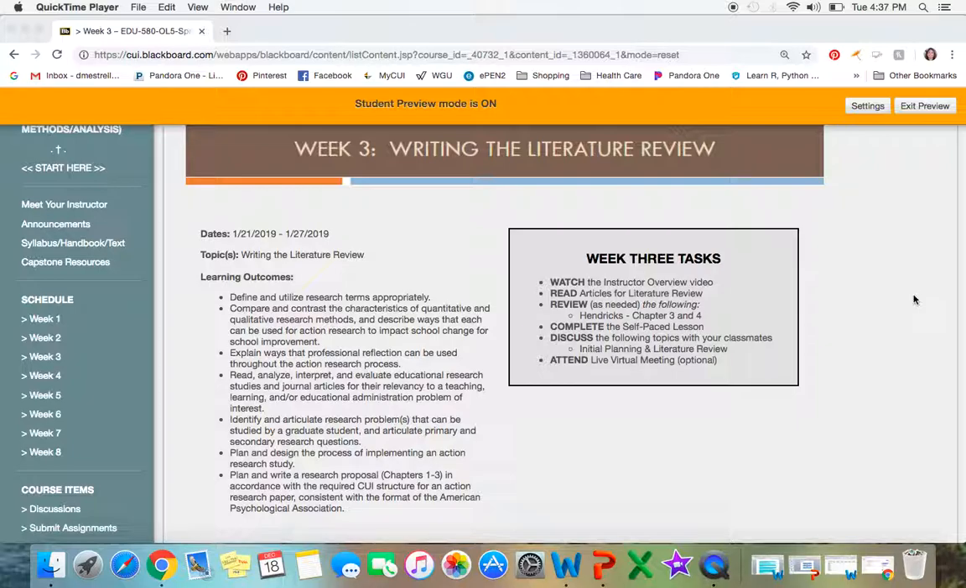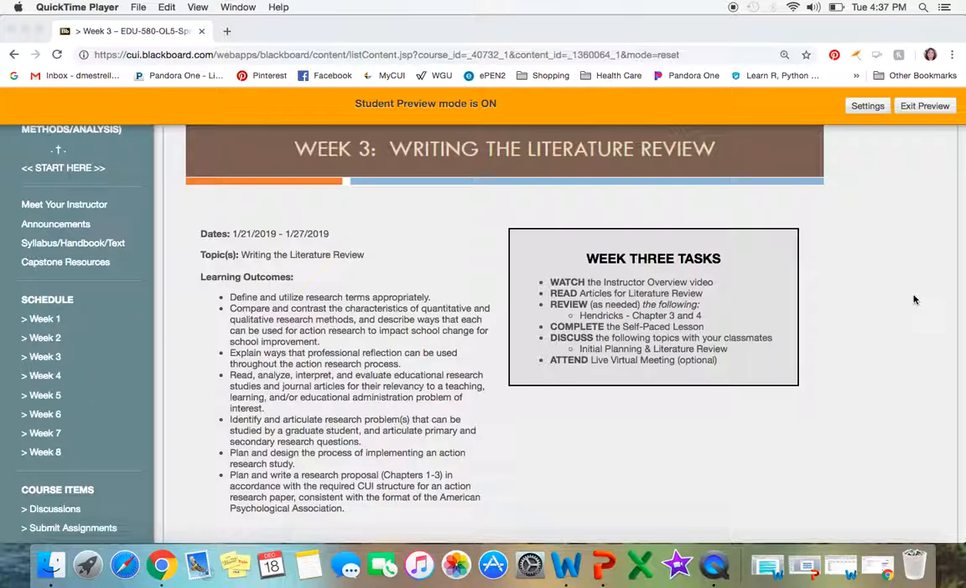and qualitative research methods, and describe ways that each can be used for action research to impact school change for school improvement. Explain ways that professional reflection can be used throughout the action research process. Read, analyze, interpret, and evaluate educational research studies and journal articles for their relevancy to a teaching, learning, and/or educational administration problem of practice. Identify and articulate research problems that can be studied by a graduate student, and articulate primary